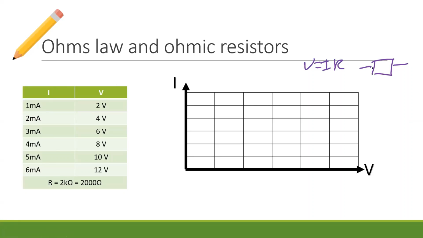What happens if you increase the voltage? Let's say instead of using a 2-volt battery, we use a 4-volt battery, or a 6-volt battery, or an 8-volt battery, or a 12-volt battery. What happens? As you increase the voltage, you're giving the electrons more energy. They have more fuel. They're able to move faster. So therefore, what you end up with